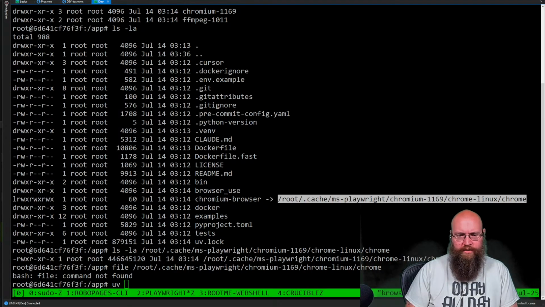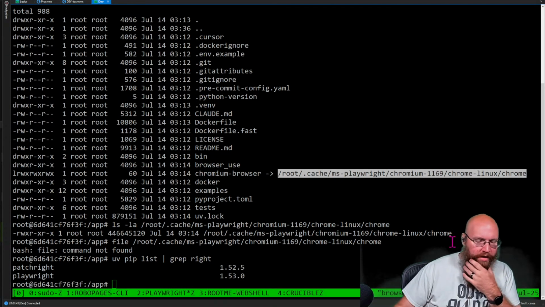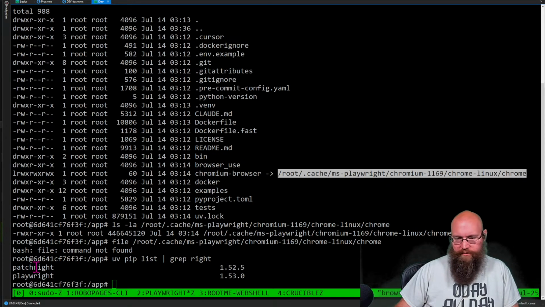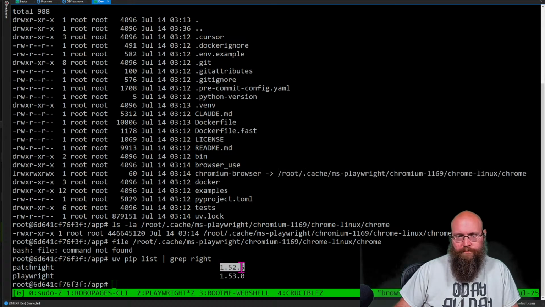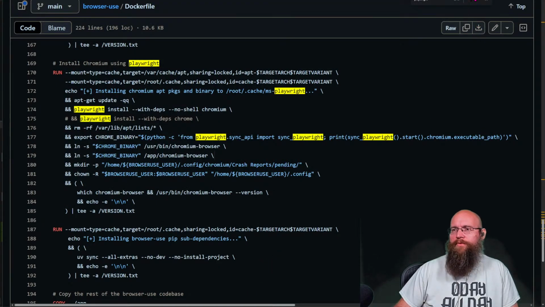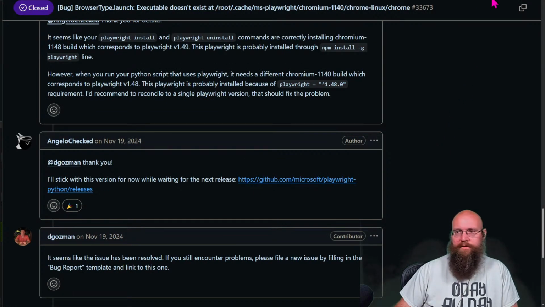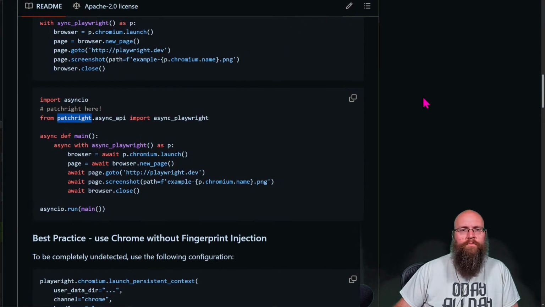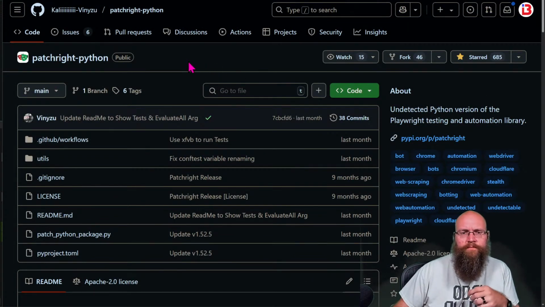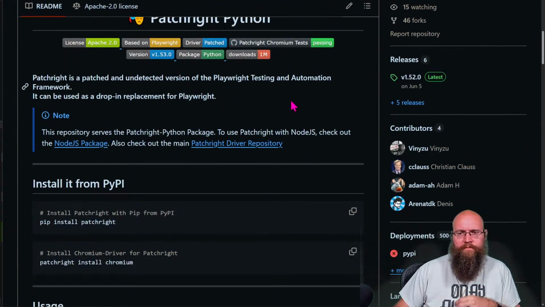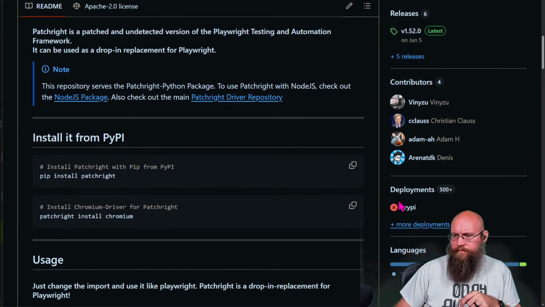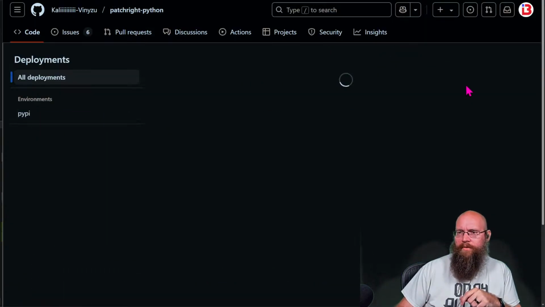So let me try this. UV pip list pipe grep, right? So we're using Playwright or Patchright 152.5. So let's see which version of Patchright we need. Wait, let me go back here.